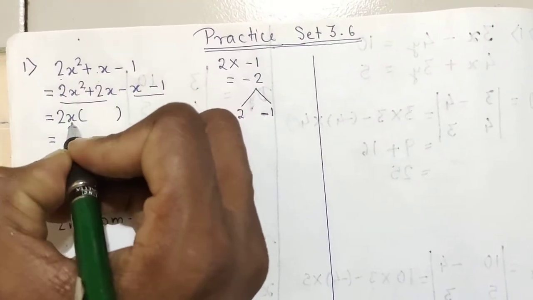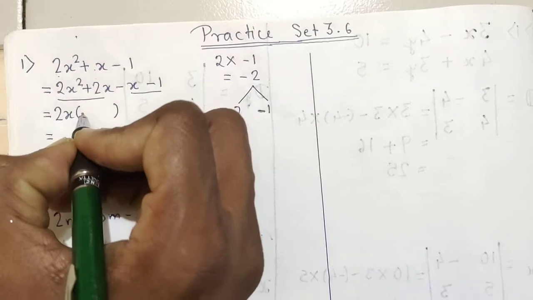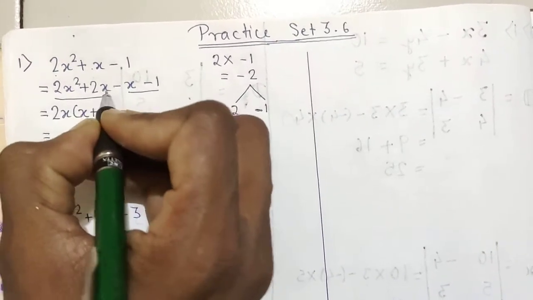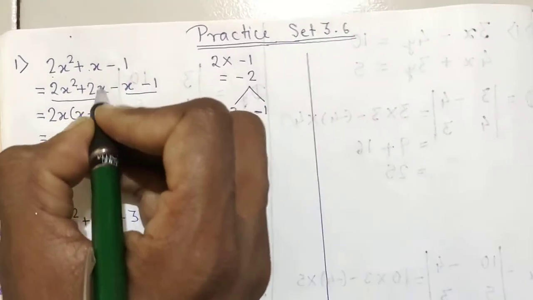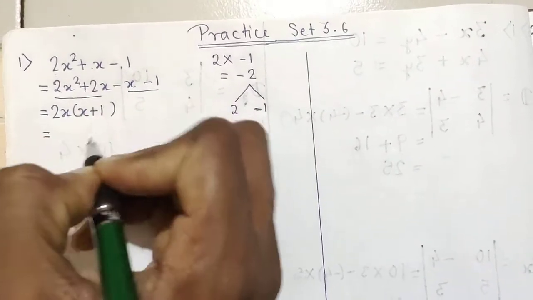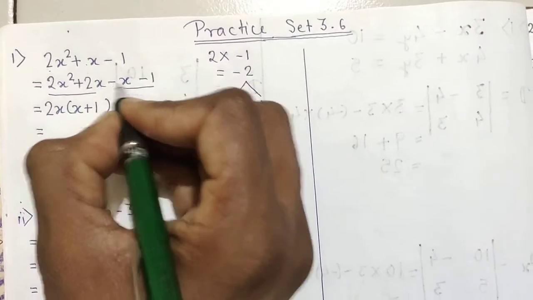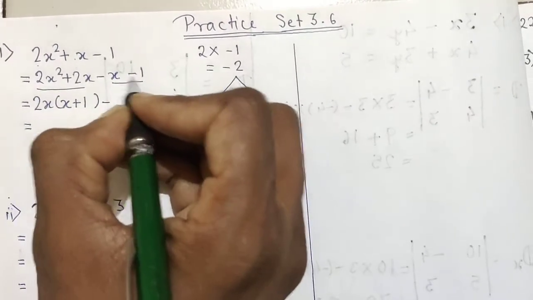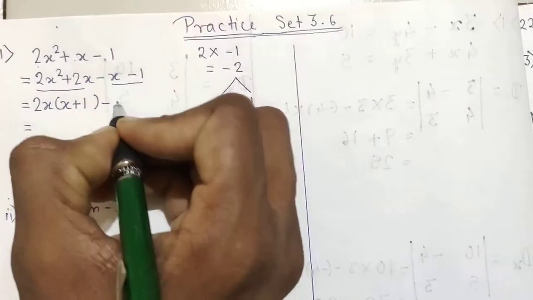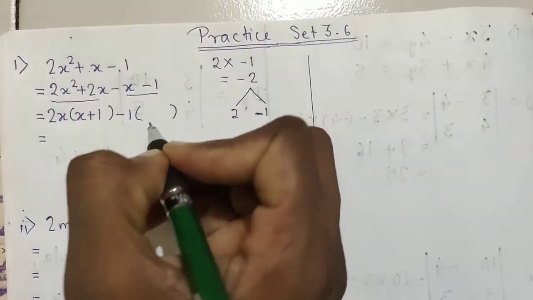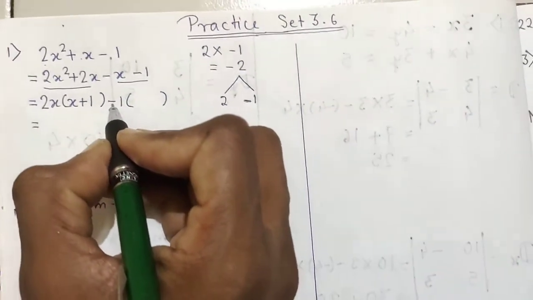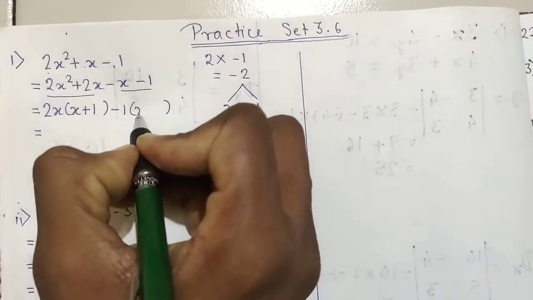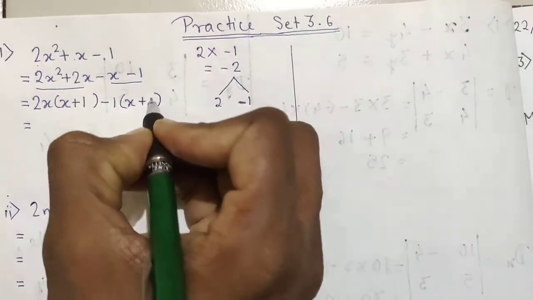Now x square means you have taken 1x common, so 1x is remaining here, so write here x. Then plus sign is there. Now already you have taken 2x common, so nothing is remaining here, so write 1 here. Okay. Now here what is common? Minus sign is there, so write minus sign. And you can see nothing is common, but you can see 1 is there, so take 1 common. Okay. Now since we have already taken minus common, the signs you are going to change. So this minus x becomes x, this minus 1 becomes plus 1.